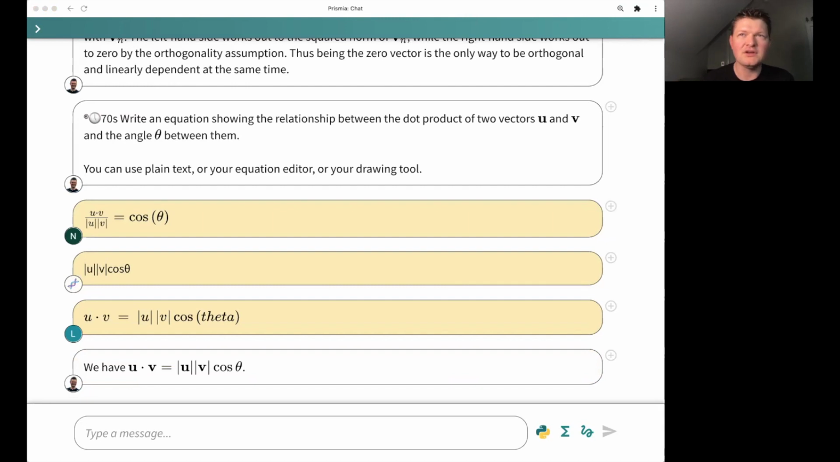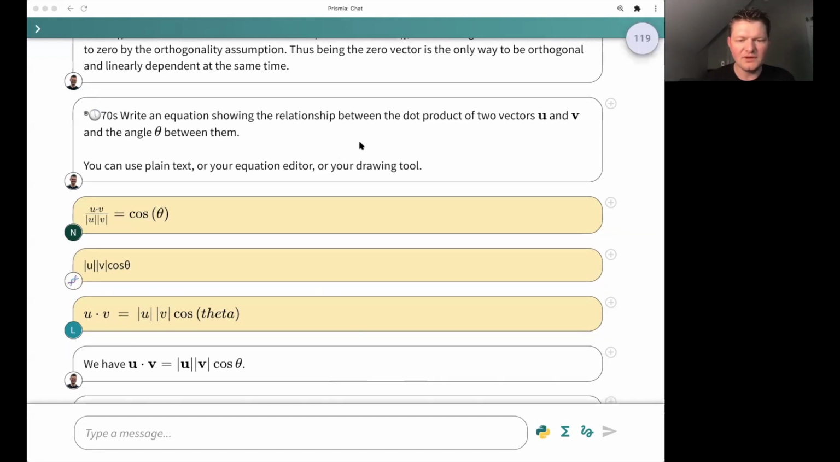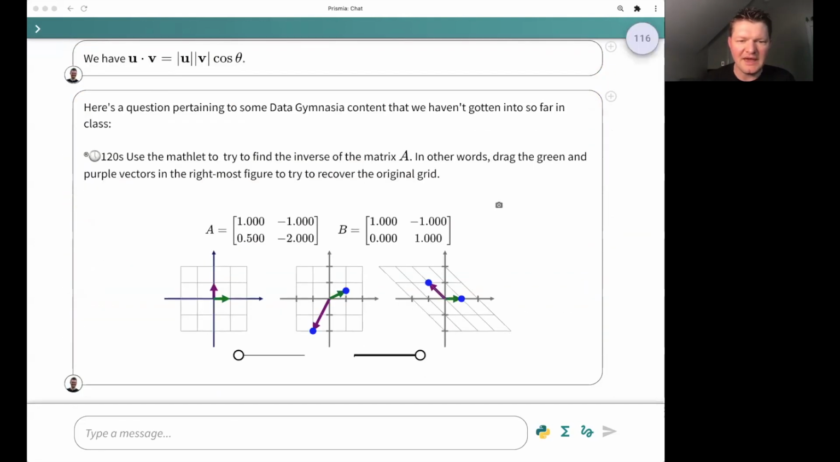So if you've gone through that content, you'll have seen it. You've hopefully also seen it before in another class. I want to just give you a different angle on this. So here's the prompt. I want you to use this mathlet to try to find the inverse of this matrix